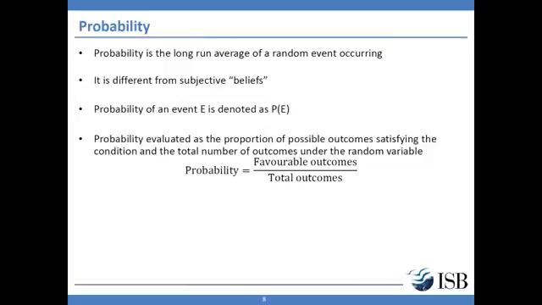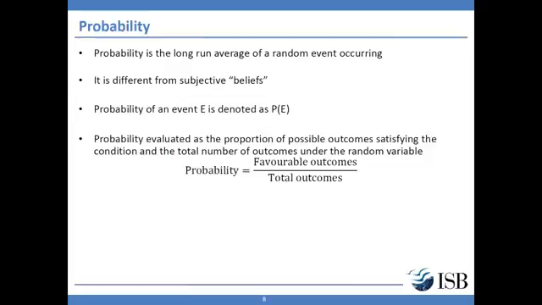Probability is most commonly also understood as the relative frequency of the occurrence of a particular event. By relative frequency we mean the number of times the outcome of our interest is observed as a proportion of the number of all possible outcomes. Therefore, based on 10,000 coin tosses, when we see, let's say, 5,000 of them turn up to be heads, we will say that 5,000 divided by 10,000, that is, half the times we will see a head when we toss